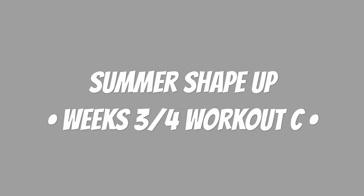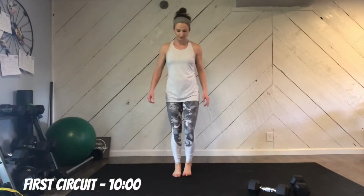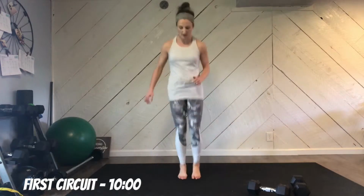This is your workout C for weeks 3 and 4. It's kind of a new style of workout where we're doing AMRAP, or as many rounds as possible. So this first circuit, we're going to do 10 minutes on the clock and do as many rounds of this